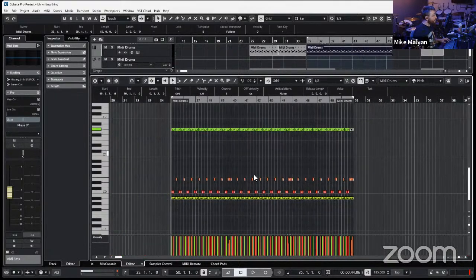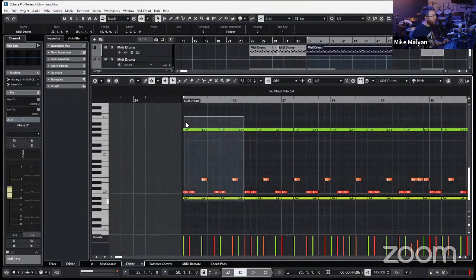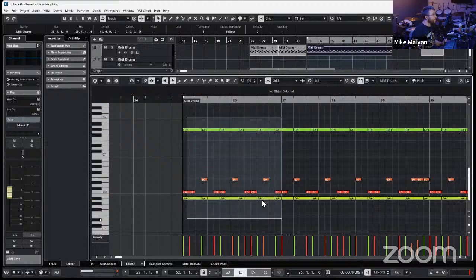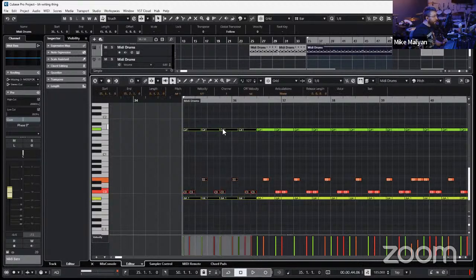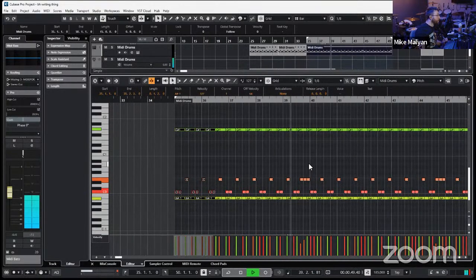1 2 3 2 2 3 3 2 3 4 2 3. So now imagine that a bar is this long now, and it's triplets: 1 and a 2 and a 3 and a 4 and a. We can later make that the case with our programming, and I'll show you a cool way of how to do that afterwards. But for now, we just have to imagine this is our new rule of 1 2 3 4.